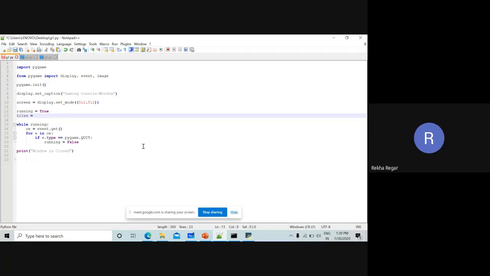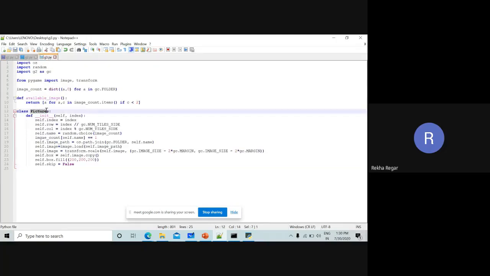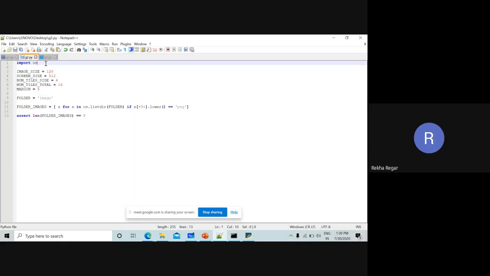So tiles equals, we have these tiles, and these tiles are of some picture type. What type of picture is this? So for that we have to import the picture class. How to import the picture class? Just simply write the code here.